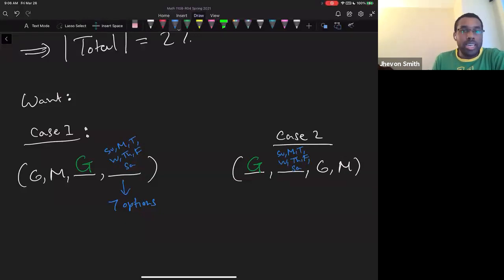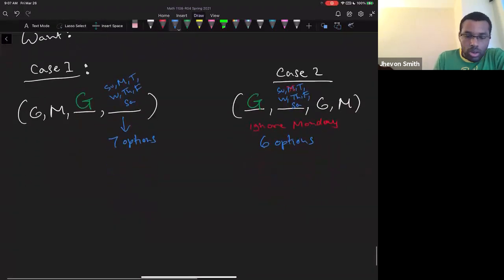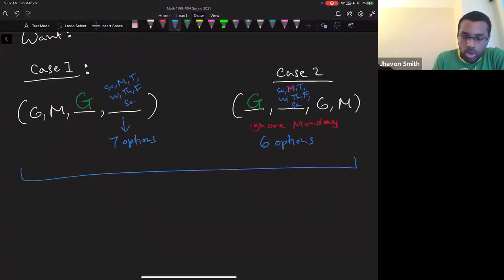But in fact, again, because of the overlap, I'm going to ignore the Monday because that would just overlap with the previous case. Ignore Monday. And so what you have here is 6 options. That gives you a total of 13 options